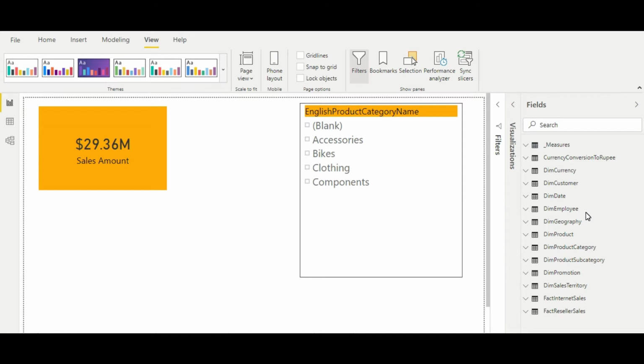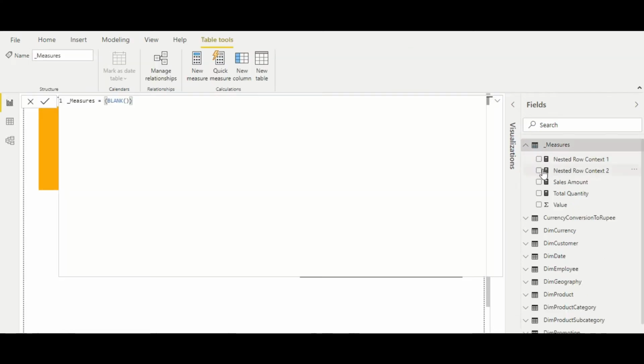So friends, I have opened my Power BI Desktop now, and as you can see on my screen, I have two visuals. One is the card visual and another is the slicer. Before we begin with the nested row context with different tables, there is one important thing I wanted to discuss with you. We have already discussed how the row context works and how it iterates over the table. A few important points to consider are what steps the iterator function takes in order to create the row context. I'll discuss it with a very small example.